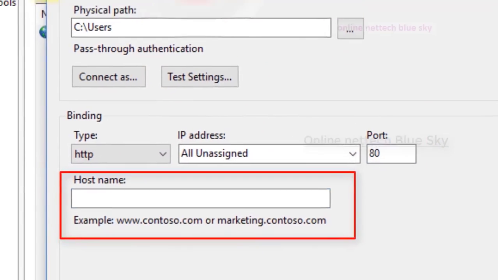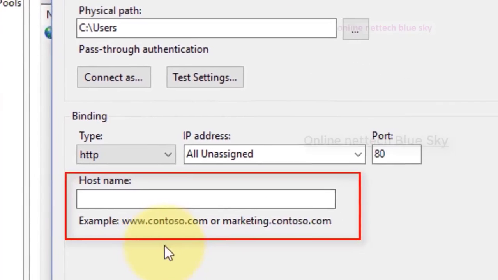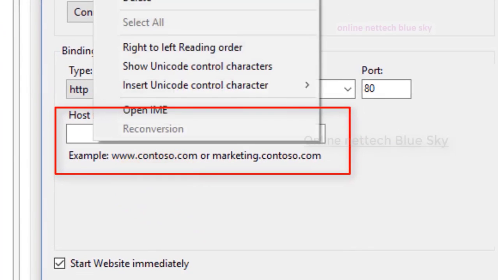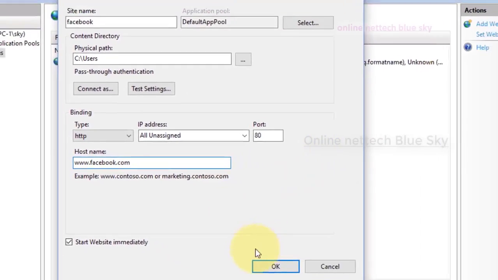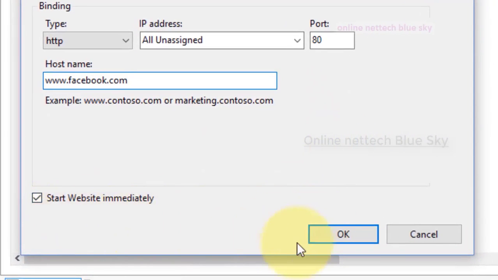Host name means when you open this website, you enter another name here, like a Facebook name, for example www.facebook1, facebook3, any name.